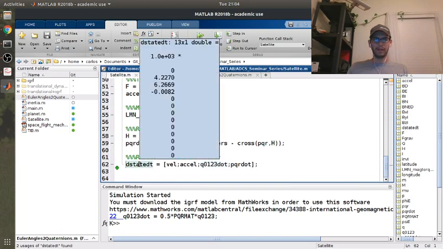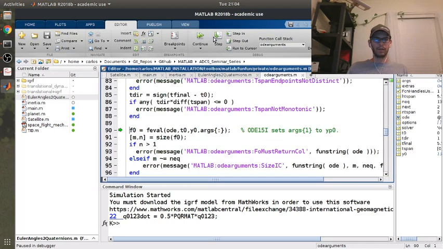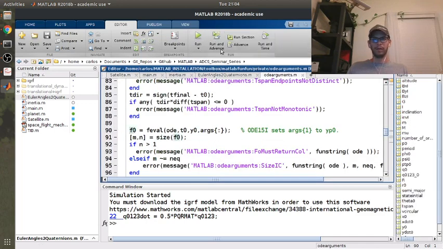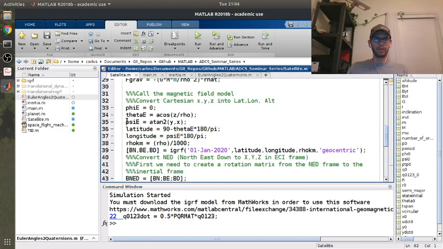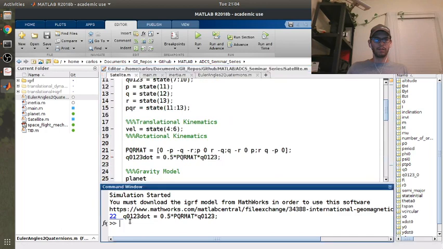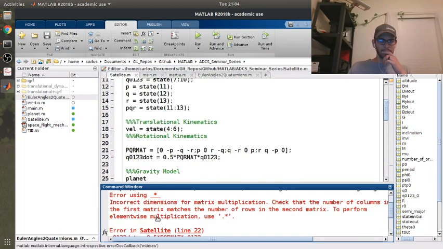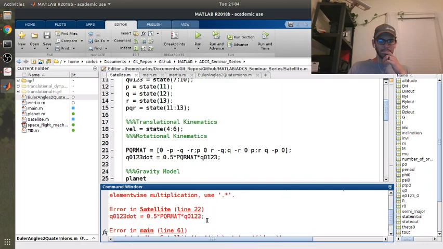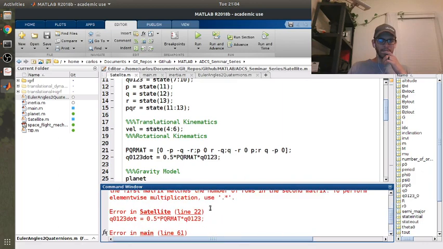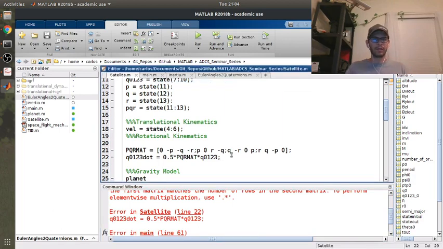How big is D state? So 13 by 1. No big deal. Okay, so step. Oh, I did not want to do that. All right. It looks like everything's fine now. I'm not sure. Let's get rid of that debug point and run main again. It looks like it's not happening in the first rotation. So